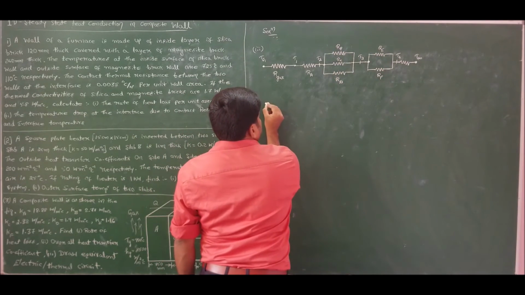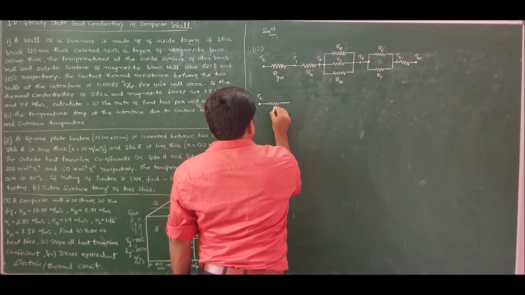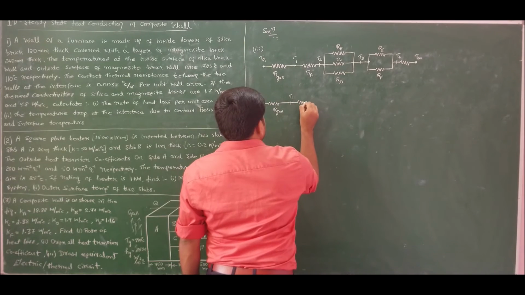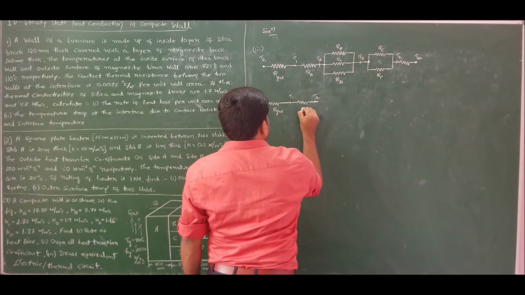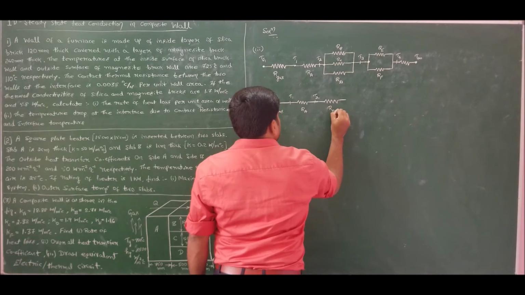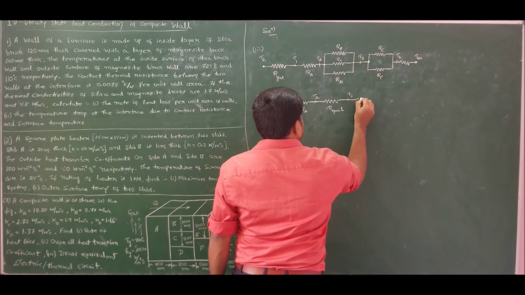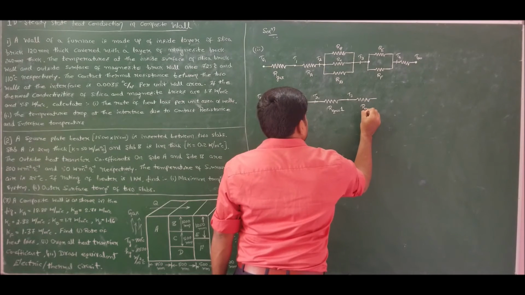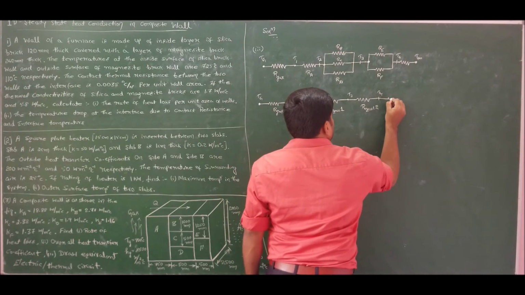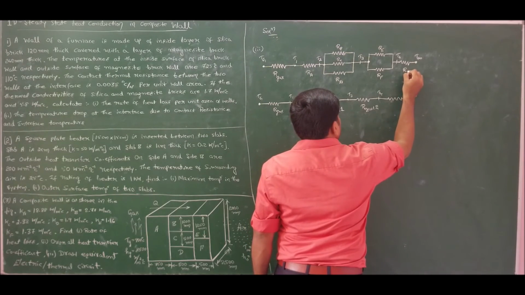Now I want to get the equivalent circuits first. So if I reduce this with equivalent resistances, we have temperature of gas, R of gas, T1, we have T2, R at A. This can be written as R equivalent resistance 1, T3, and this can be written as R equivalent circuit 2, T4, and finally we have T infinity. This is R convection due to air.